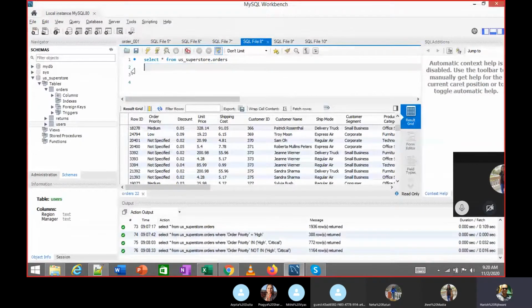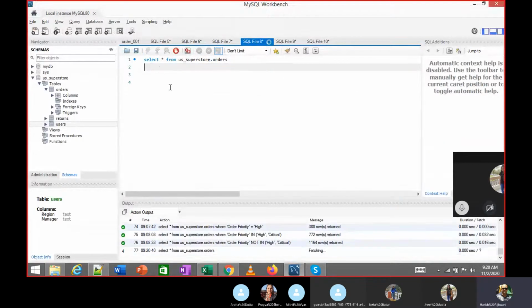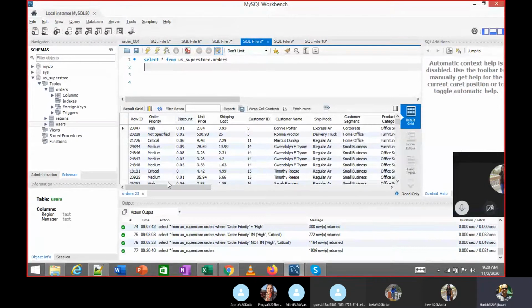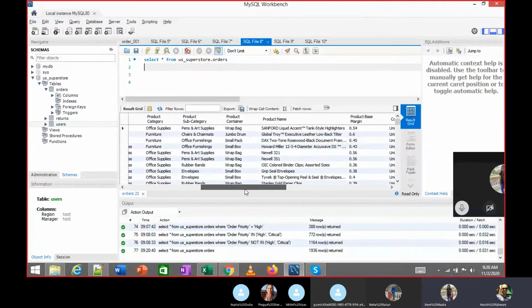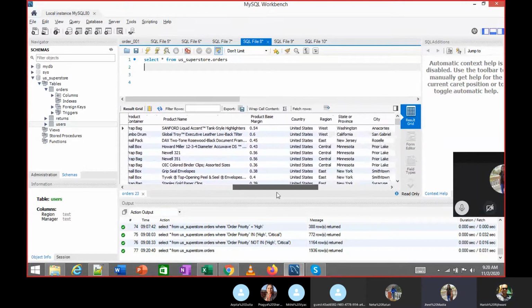So here we have orders. Now which column should I look at? Product based margin. Yes. That value should be more than 50%. So how will I write it? Where product based margin is greater than 0.50. Yes.